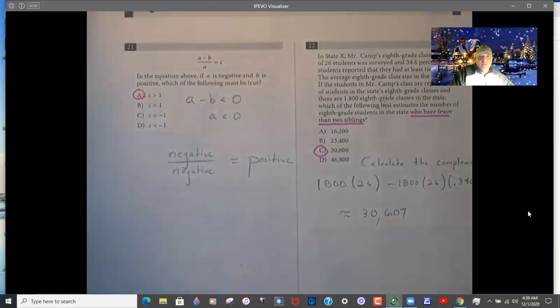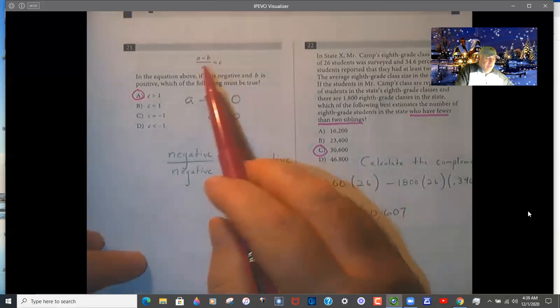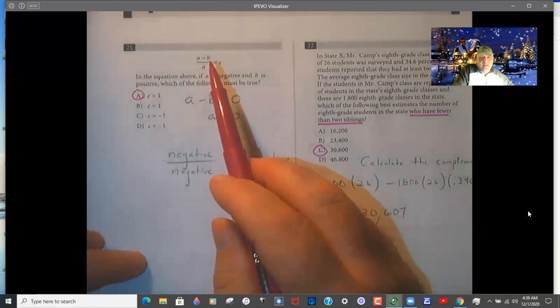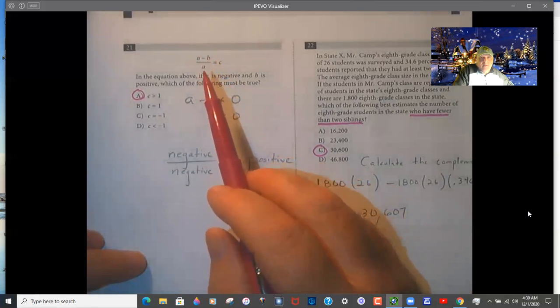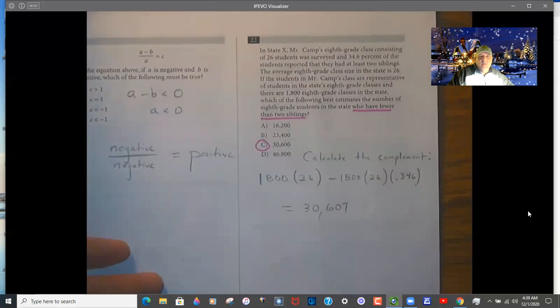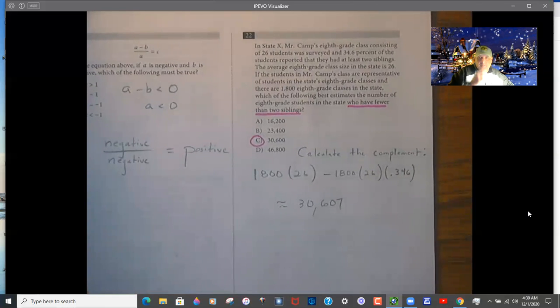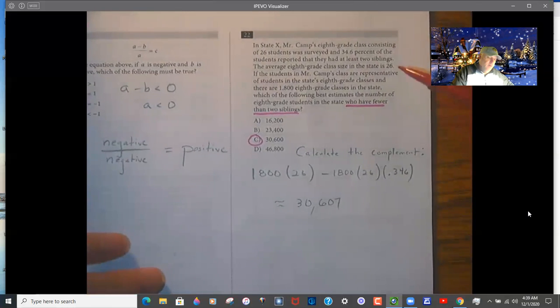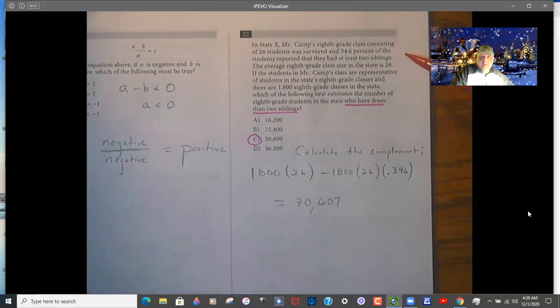You can use numbers too. So make A -3 and B 5. So that would make a -8 on the top and over -3, which would be 8/3. So try numbers whenever you can. A lot of times that works very nicely. So here,